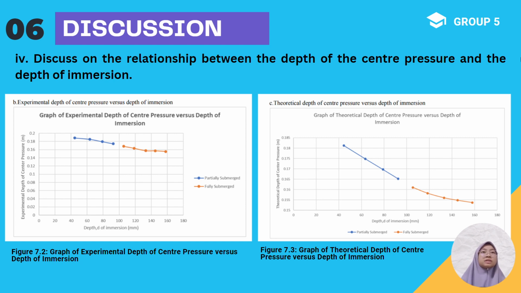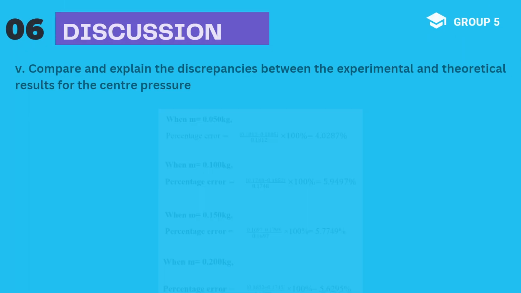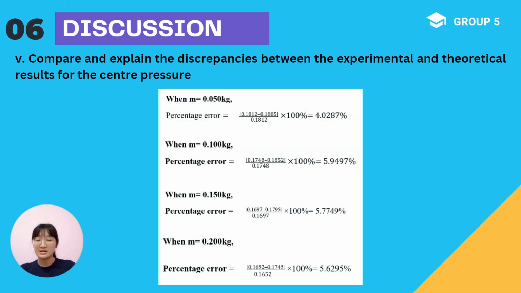The depth of pressure center is shown in both graphs to be inversely related to the depth of immersion. The center of pressure's depth decreases as immersion depth increases. As the depth of immersion increases, the center of pressure also moves deeper into the fluid. The fifth part of the discussion is to compare and explain the discrepancies between the experimental and theoretical result for the center of pressure. The percentage error for different masses of the object is calculated as